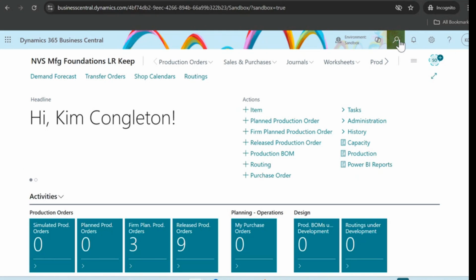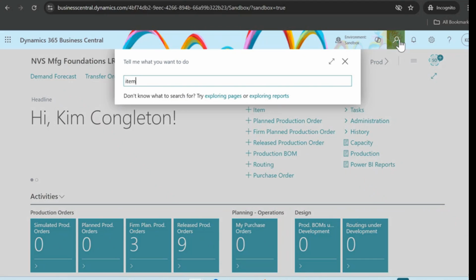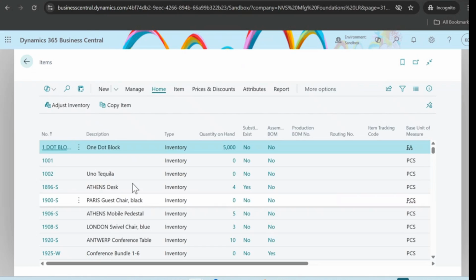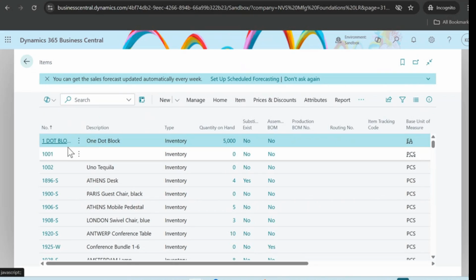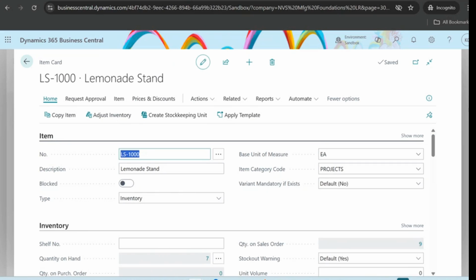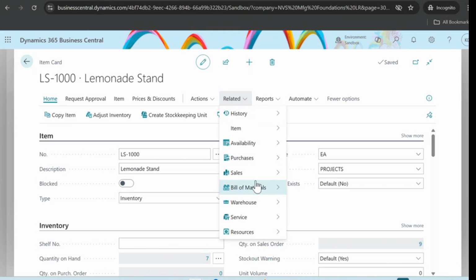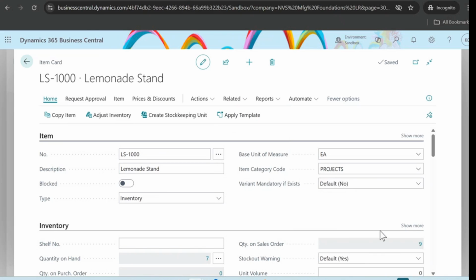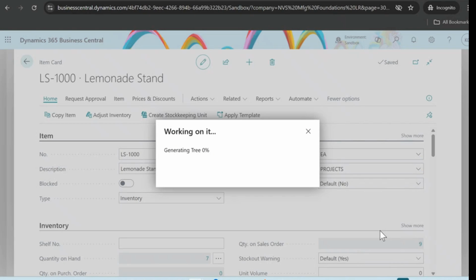And then one of the other things I wanted us to look at is if we go into items, and let's take a look at the BOM cost shares. So I'm going to go into one of my finished good items. And here, this is always fun to remember where this is. It's under related, bill of materials, other, and cost shares. And then as soon as that opens,